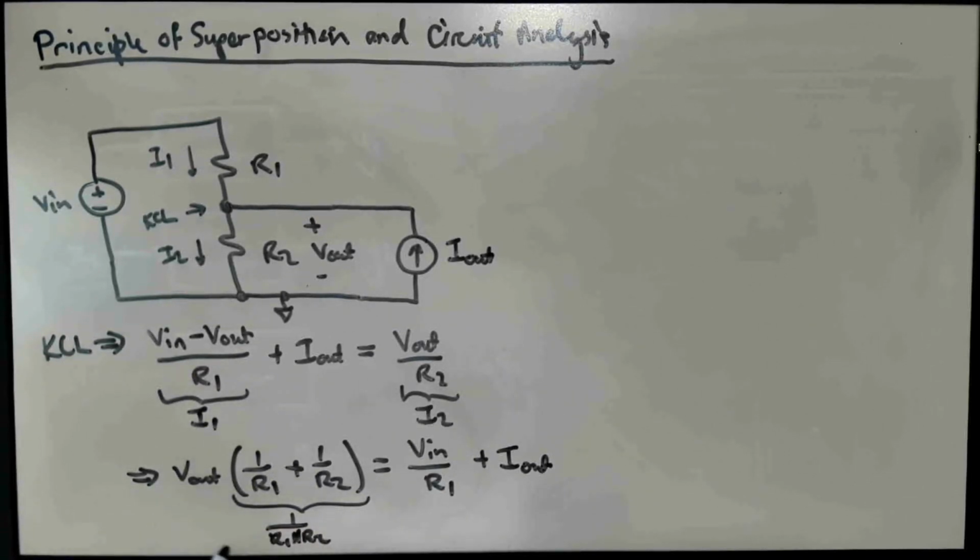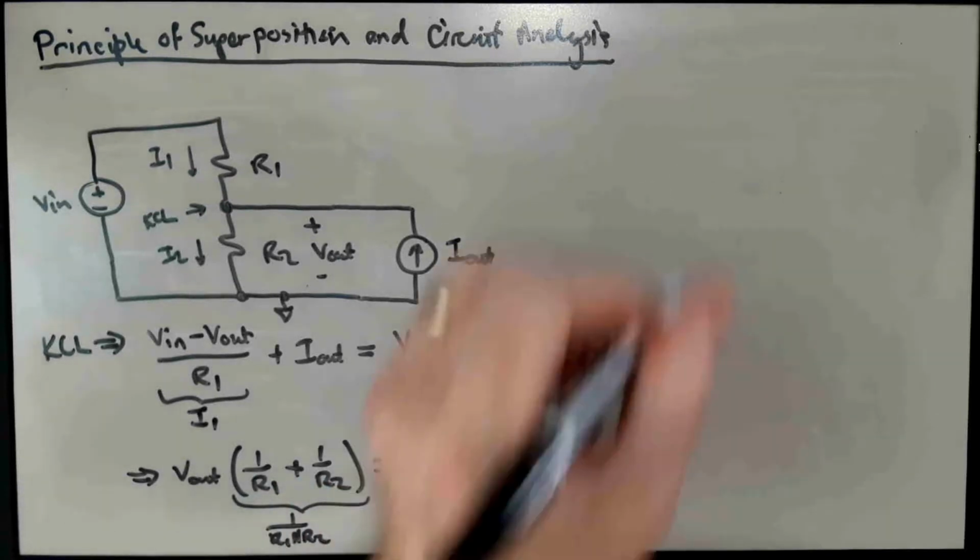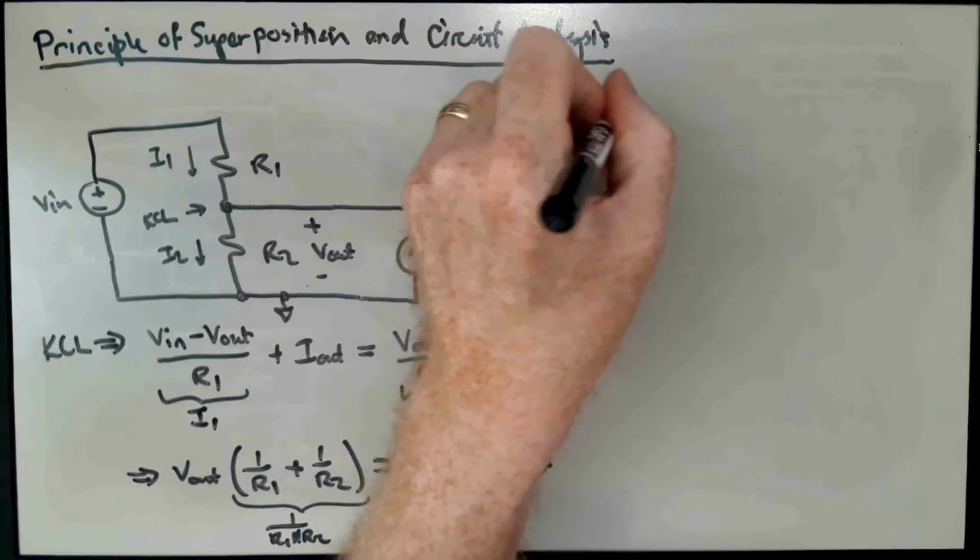Right, because the parallel operator is defined to be the reciprocal of the sum of the reciprocals, and so we get the sum of the reciprocals of R1 and R2, so that's just 1 over R1 parallel R2. And so we can multiply both sides by R1 parallel R2 to get rid of it on the left-hand side, and isolate V out